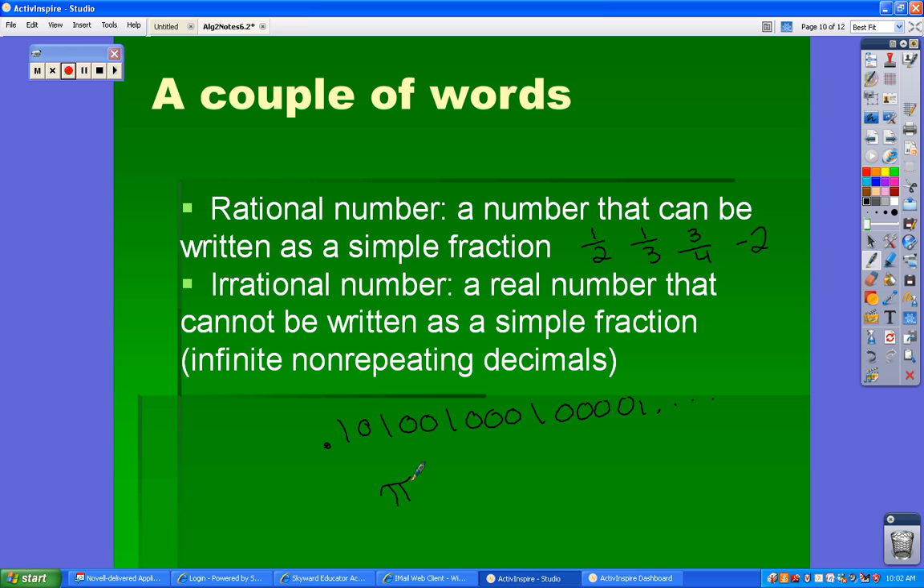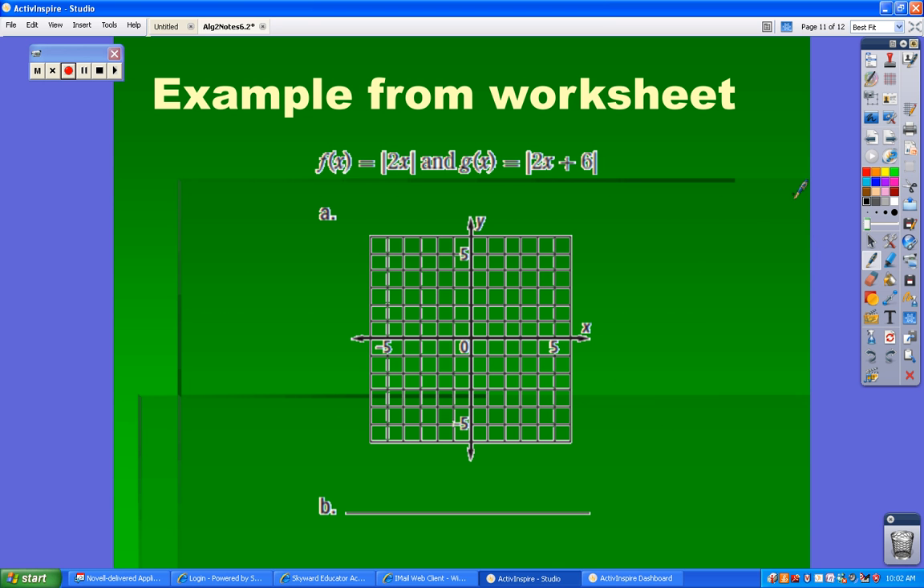How about pi? And these are the biggies. Square root of 2, square root of 3. These square root numbers are always going to be irrational. Except square root of 4. Square root of 4 can be written as a fraction because that's 2/1. Okay. So last thing,